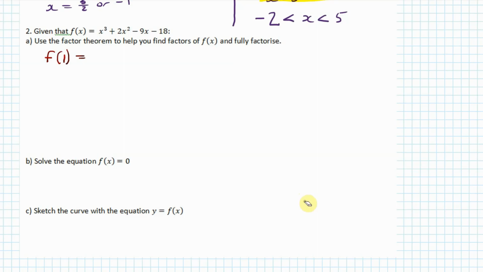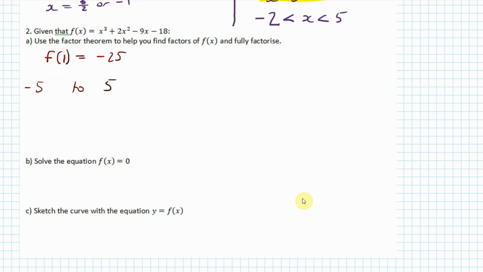Okay, and you go and do this for a few values. I generally tend to go from minus 5 to 5, but if you've got a calculator like the Casio standard ones that we use at school, it should be fine. So you should be able to go to, I think it's table mode. So click on the mode button, and I think it's 3 or 7 depending on the model of calculator you